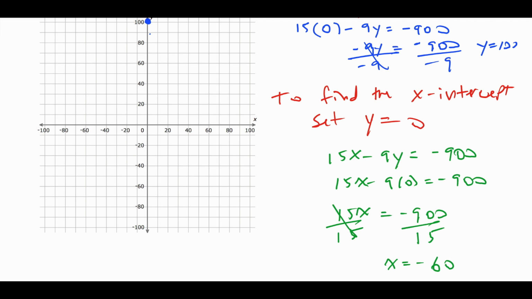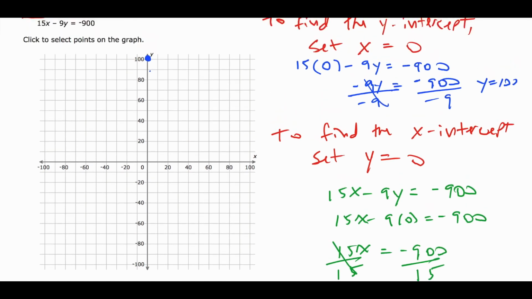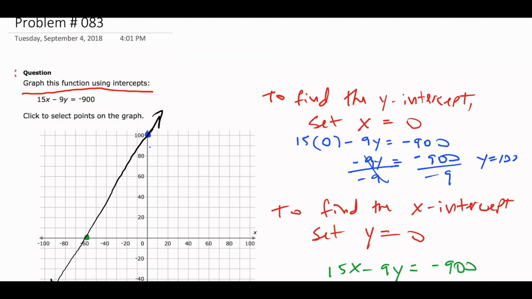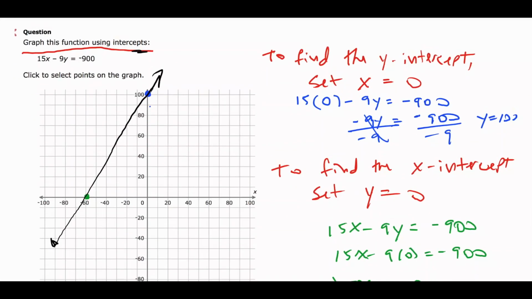What do I do with that number? You plot it on the x-axis. Right here. So this is how the problem wants you to do it. And then you connect the dots. You're done. Because the instructions say to plot it using intercepts, that's the technique they want you to do. So that's the right way to do it? Yes. Now you could do it the other way. 15x minus